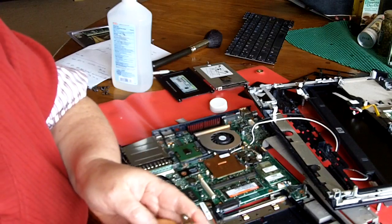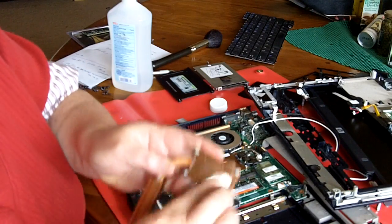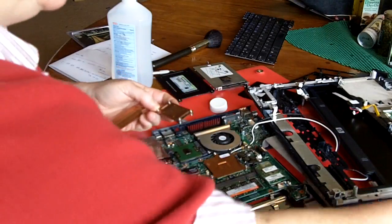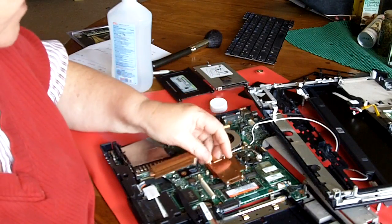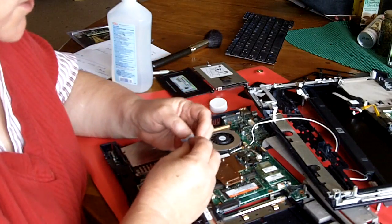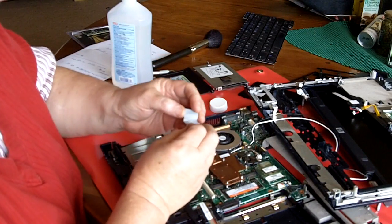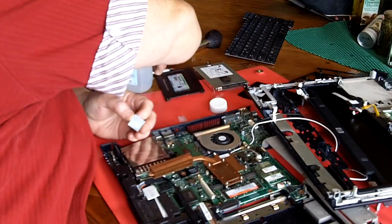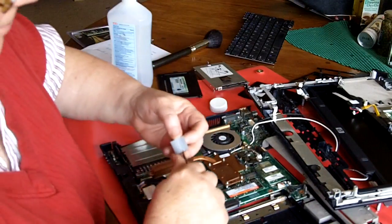So that's that. But clean it off really, really good and dry it off and make it as shiny and wonderful as you possibly can. And then if you're going to apply thermal pad like I am this time, this little thermal pad is quite easy to use. You just pull off the plastic on one side, pull off all of the plastic. Where's my X-Acto knife? Pull off all of this plastic